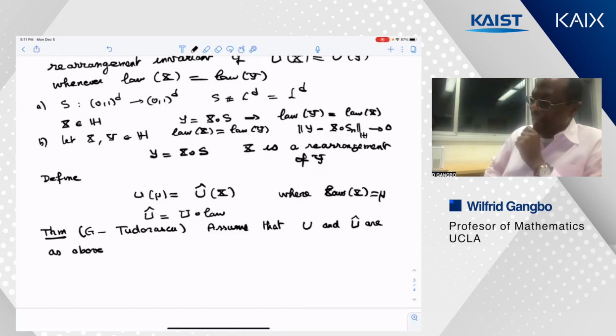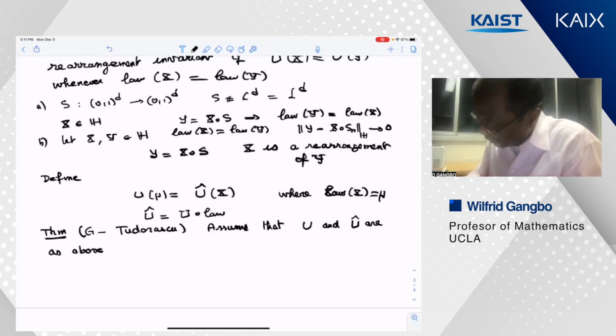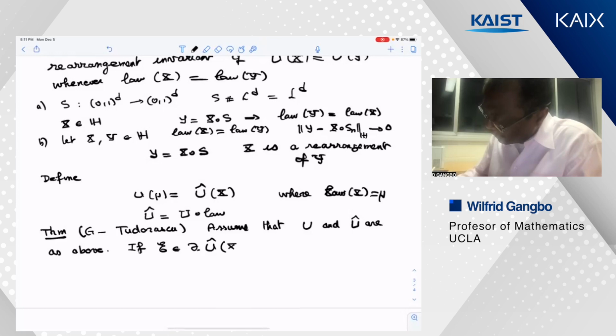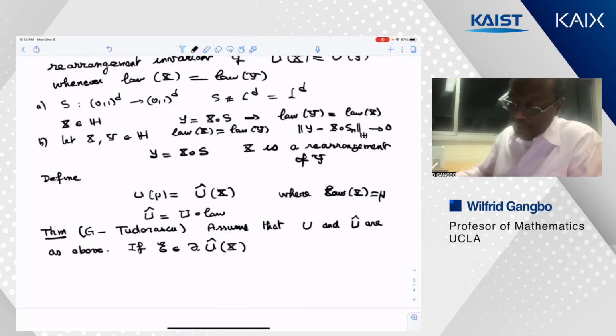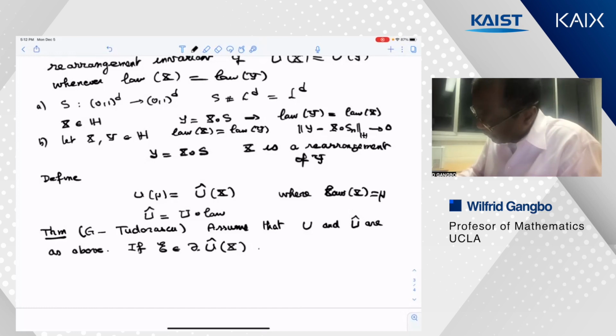So by that, I mean that U hat is rearrangement invariant, and so U hat can be factored into U composition law. If zeta belongs to the subdifferential of U hat at X, is an element of minimal norm,